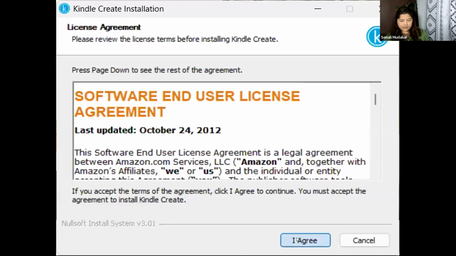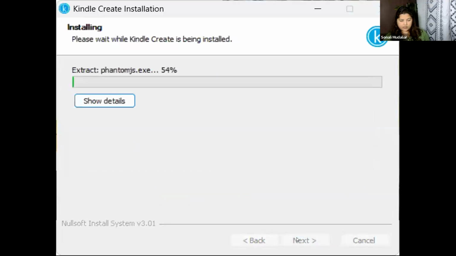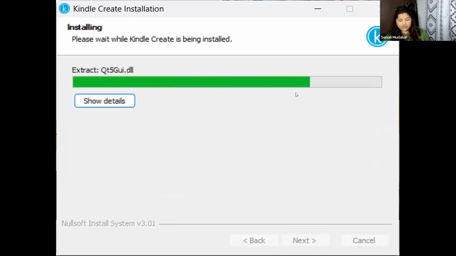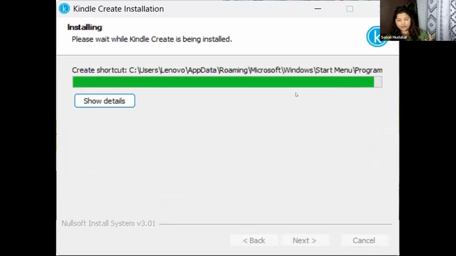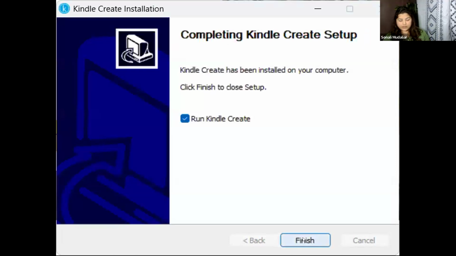Let me see if I can get that onto my screen. Okay, here we go. So this is what I've got. I say I agree, I say install, and it is getting installed as of now. Once it is ready, it will automatically create a shortcut on my desktop. So I click on finish. It's taking time because now it has created an icon.